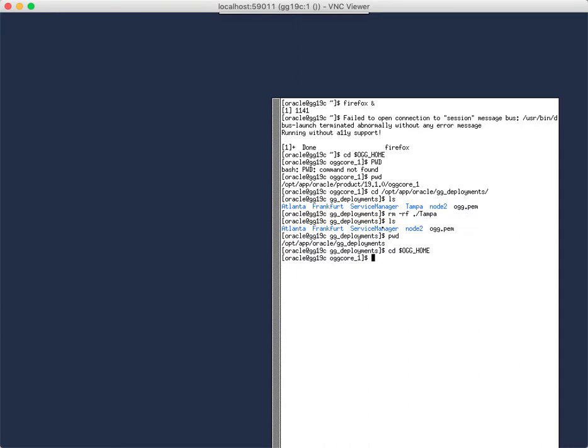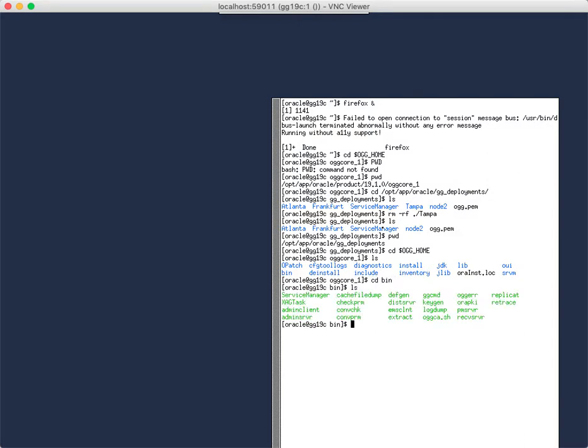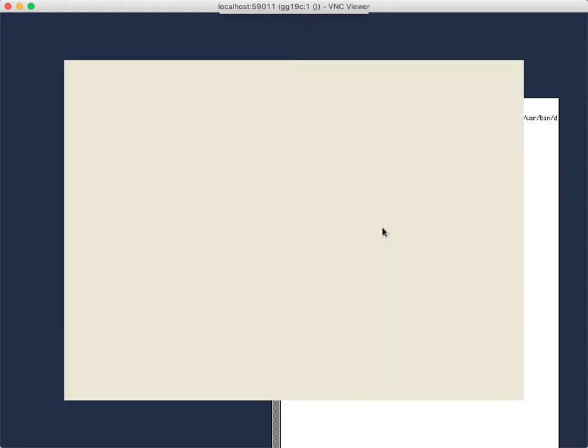If we do an ls on this, you see the directory structure. It looks a lot like an Oracle database directory structure. But what's nice here is the bin directory. If I cd into the bin, you'll see that I have a lot of executables. If I do an ls for .sh, I find the configuration assistant, oggca.sh. It's already set to be executable. So I'm just going to run oggca.sh, and now it's going to bring up the configuration assistant in just a second. Once it comes up,